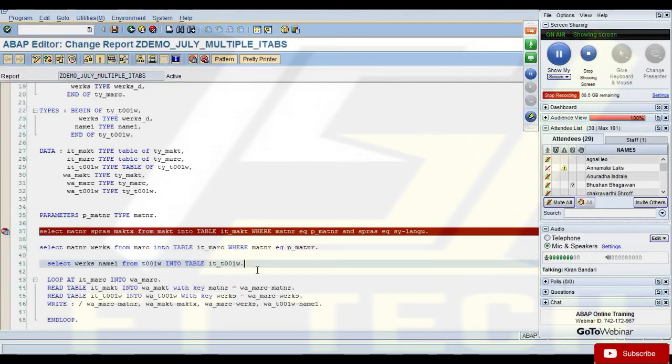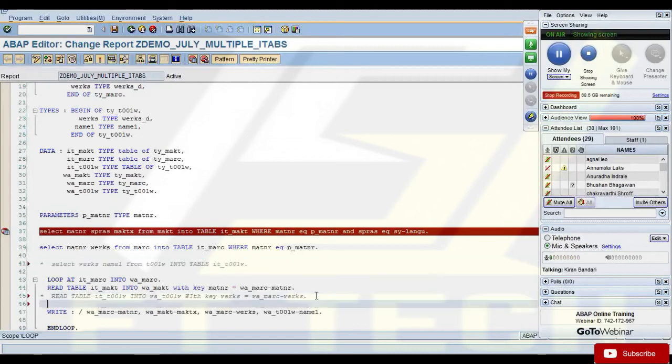One way of writing a select where condition is, instead of read here, if I want to get rid of the select outside the loop, here I can say SELECT SINGLE werks name1 FROM t001w INTO wa_t001w WHERE werks EQ wa_marc-werks.